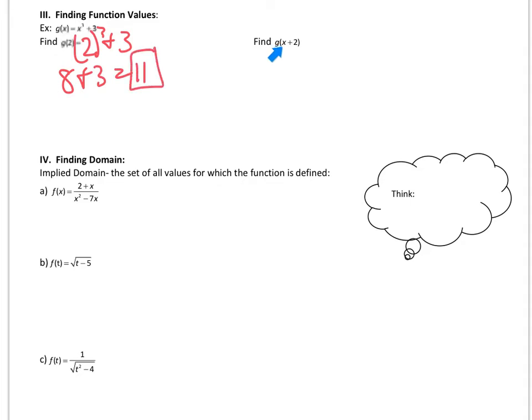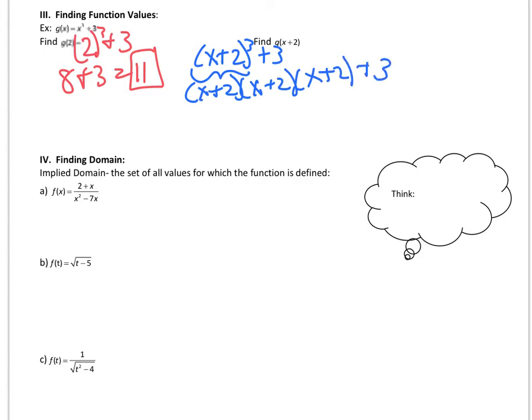I'm going to do the same thing here. I'm going to take my x plus 2 and I'm going to plug it into where the x was. And so that whole entire thing is going to get substituted in there. That's (x plus 2) cubed plus 3. This needs to be expanded out. And yes, I do expect you to expand it out and FOIL